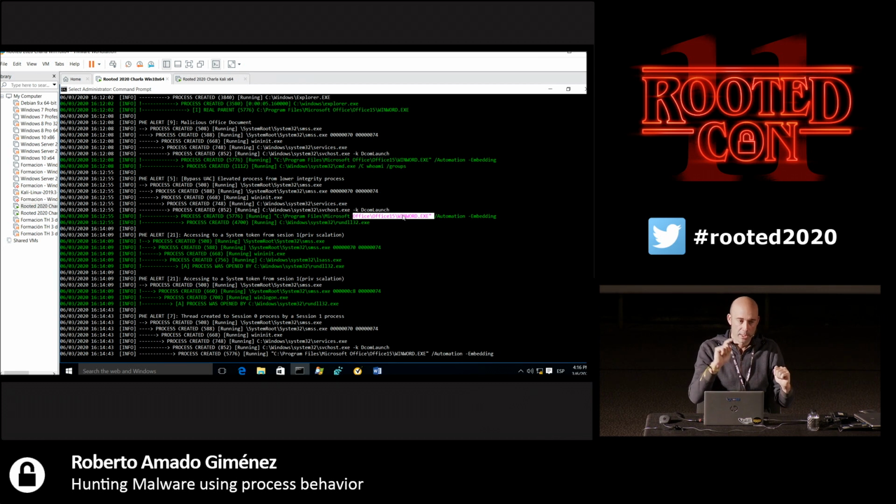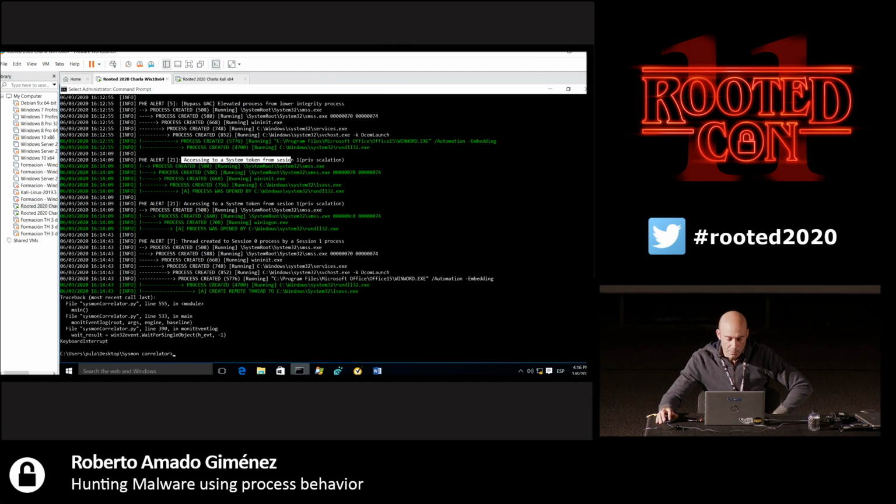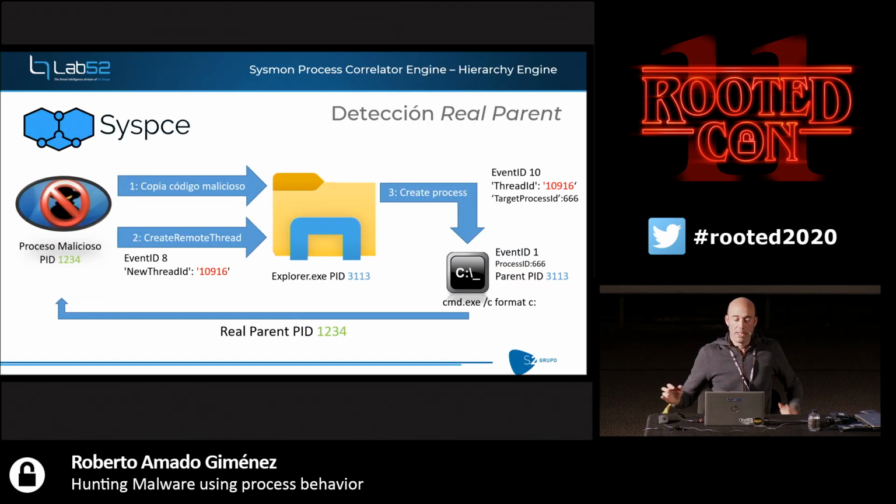If you run CMD as an administrator, the parental relation is still Explorer. So it's impossible from a medium level to create a high integrity process. And it's been detected that a process that is not SYSTEM, running in a user session, is opening the memory space to read the token of a SYSTEM process. Impossible. So, as we see here, we're able to identify